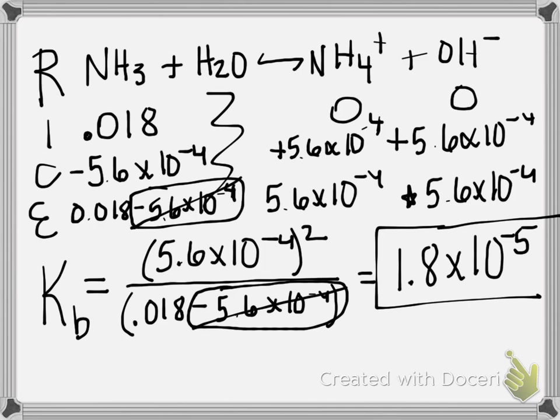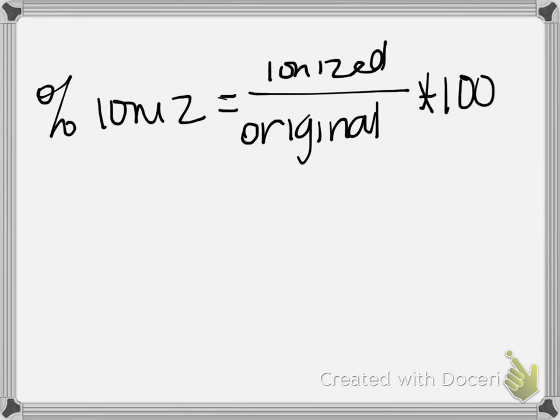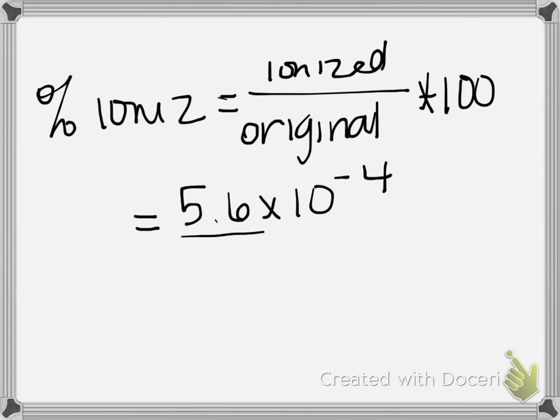All right, we have one more part, the percent ionization of the NH3. So remember that percent ionization is the amount that ionized over the original times 100. So on this one, the amount that ionized is the same as the amount of hydroxide that was produced, 5.6 times 10 to the negative 4th, over the original amount,